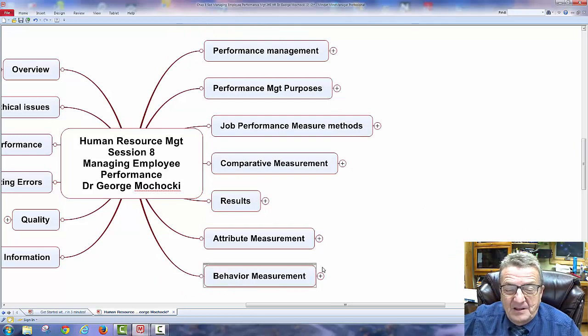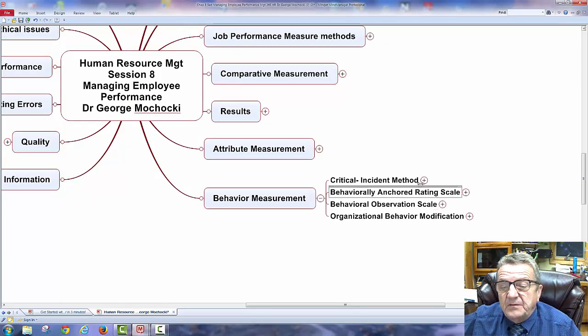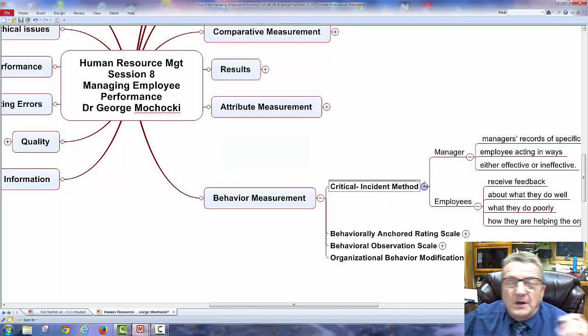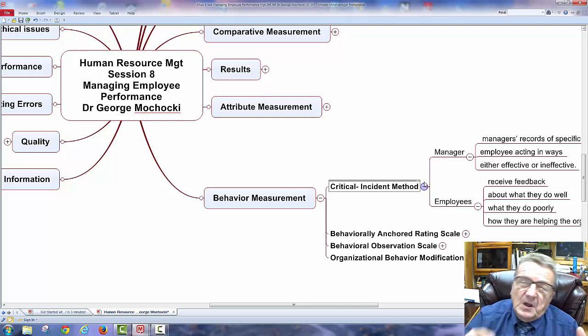It's not bad, okay? And behavior measurements look at certain behavior. Critical incidents, those are always good. A lot of times I remember some employees were really a pain in the butt at the beginning, for lack of better words, but at the end they start behaving well. So I always remember the good behavior. Now, do you remember the bad behavior or the good behavior first?